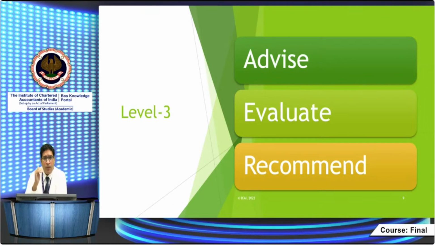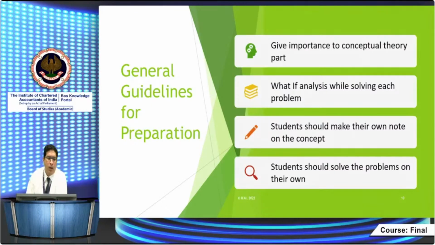ओके, तो इसी तरीके से जो रिकमेंड वर्ब है, रिकमेंड में कई ऑल्टरनेटिव्स होते हैं, और हर एक ऑल्टरनेटिव को इवेल्युएट करके फाइनल कंक्लूजन देना होता है। और इवेल्युएट का मीनिंग होता है कि पॉजिटिव्स देने हैं, नेगेटिव्स देने हैं, और उसका कंक्लूजन देना है। और एडवाइस में कई नॉन फाइनेंशियल फैक्टर्स भी आपको कंसिडर करने हैं। ओके, नाउ जनरल गाइडलाइंस फॉर प्रिपरेशन।